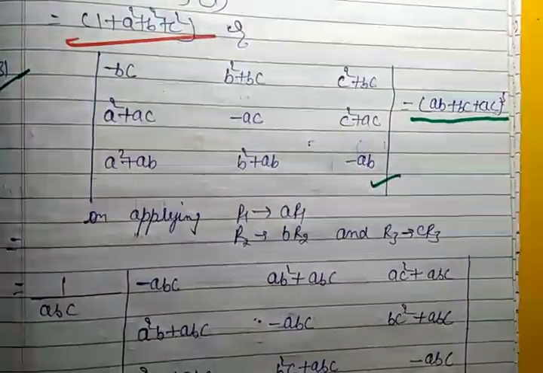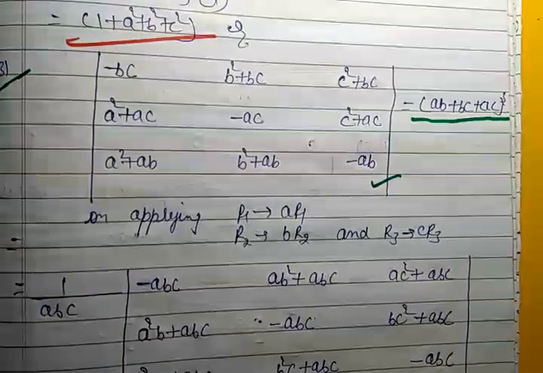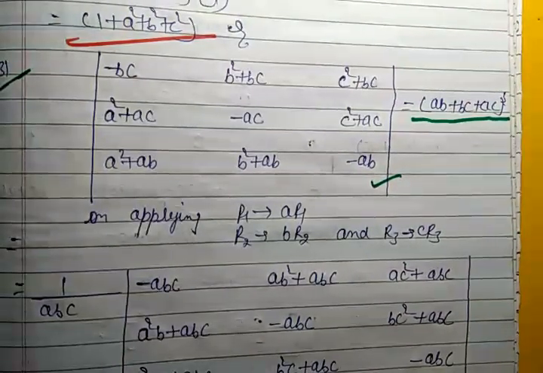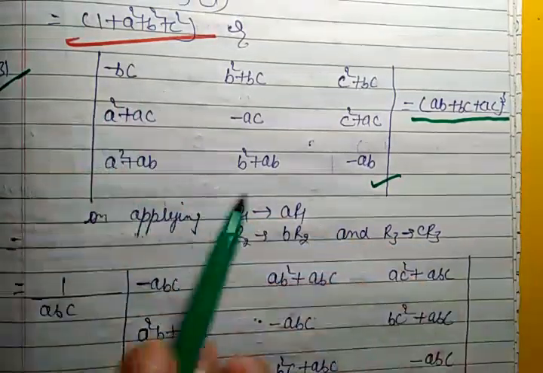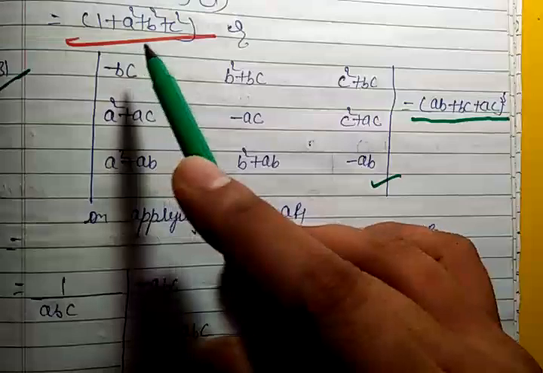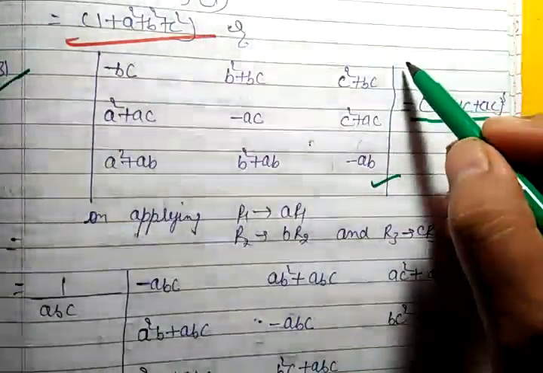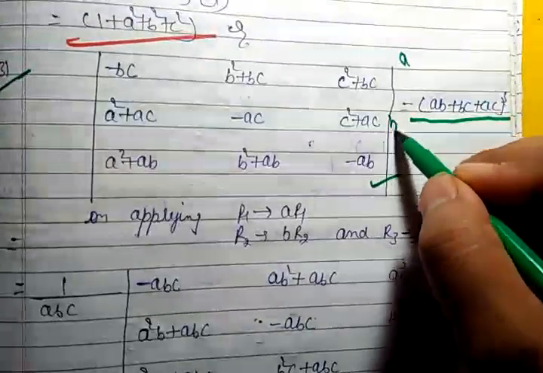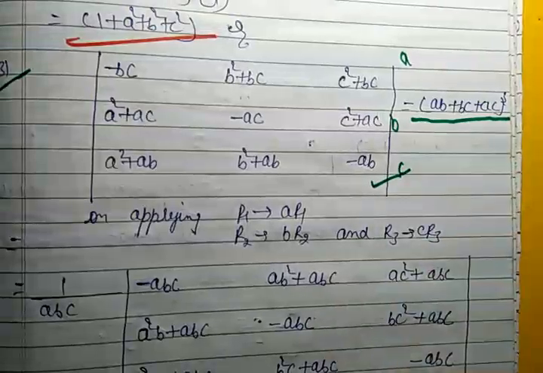Now you can see that this question is also slightly tricky. You have to see in this question that r1 is given. If we multiply r1 by a, r2 by b and r3 by c, okay, what we are doing is multiplying r1 by a, r2 by b and r3 by c.